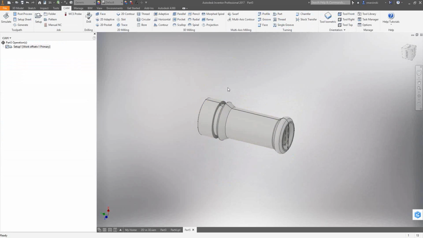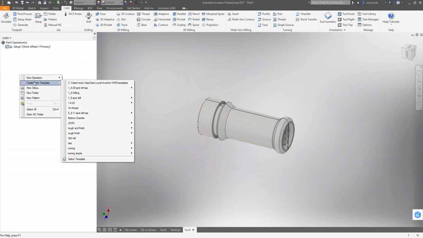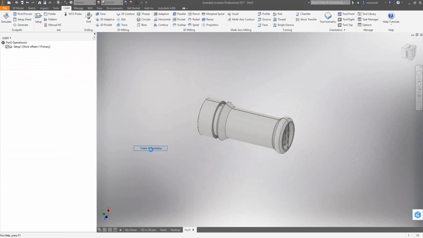For those of you who were in my last webinar, or for those of you who haven't seen it, you may want to check it out. Templates are an awesome tool inside Inventor. You can do create from template. I'm just going to come down and grab my turning template, which has a face, profile, and groove built into it. Just do create,